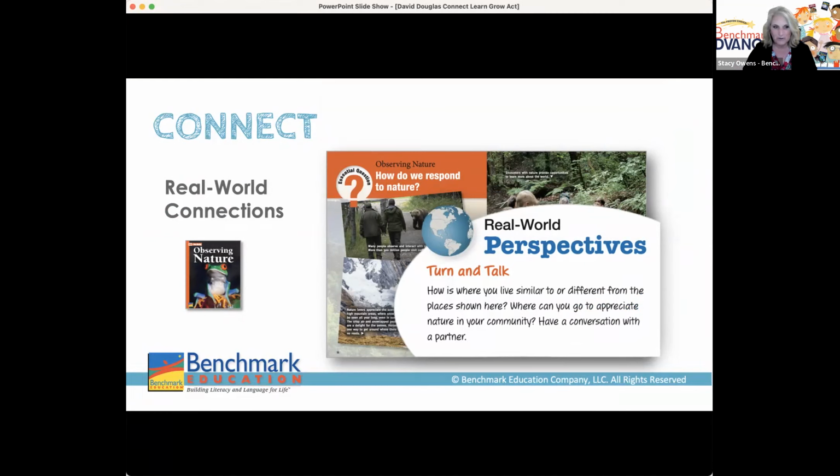In this 4th grade example, students are exploring how we respond to nature. And every unit begins with igniting curiosity and joy and providing students rich experiences in which they connect to real world challenges. Learners engage with their classmates, sharing perspectives on the topic and also listening and growing in their own views.